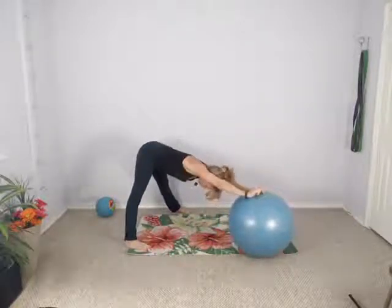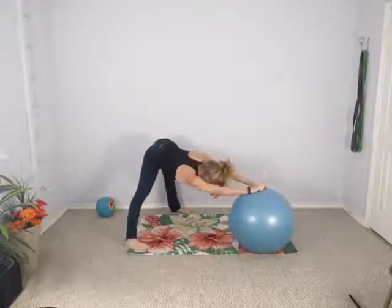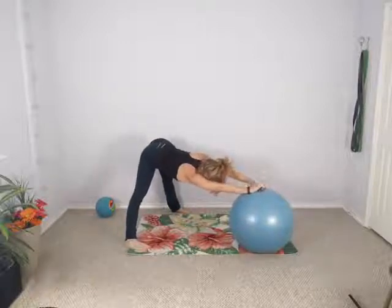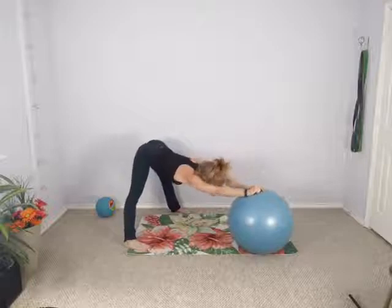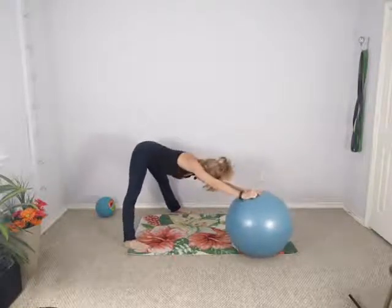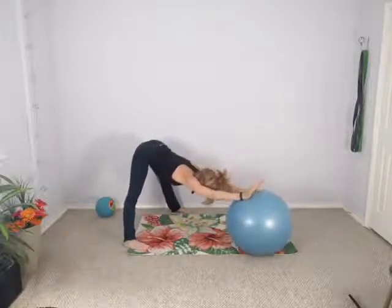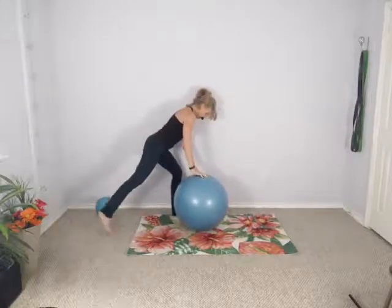Now just kind of waggle your hips from left to right. So you drop one hip down as the other lifts. So bringing that stretch into the inner thigh muscles all the way up to the groin. That's where you should be feeling this. Dropping your shoulder as well. Getting a little lat side body stretch as you rotate. Good. Now from here, just bring the ball back in,